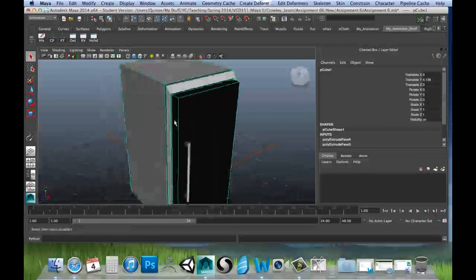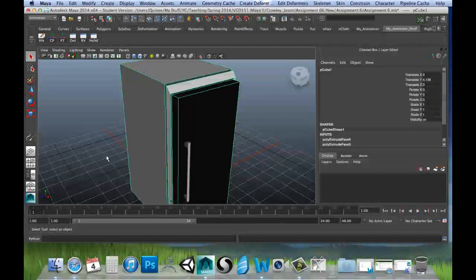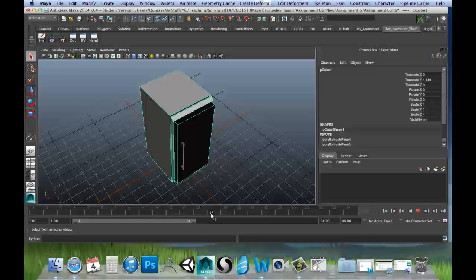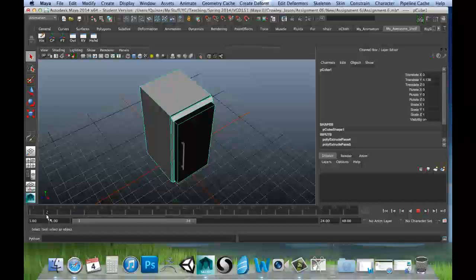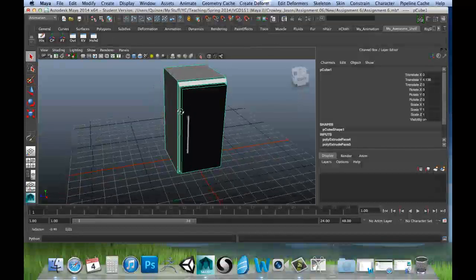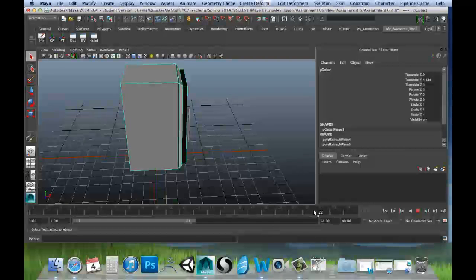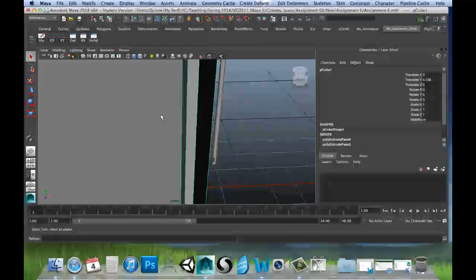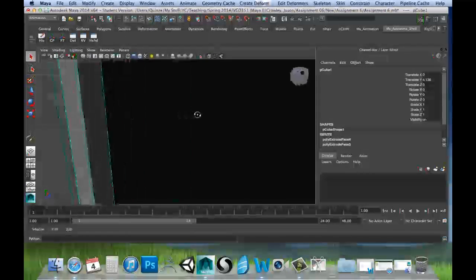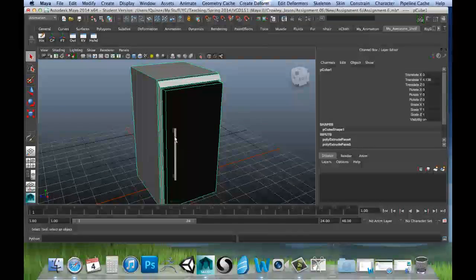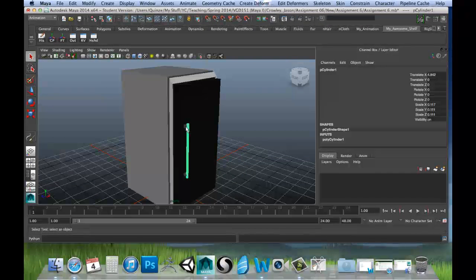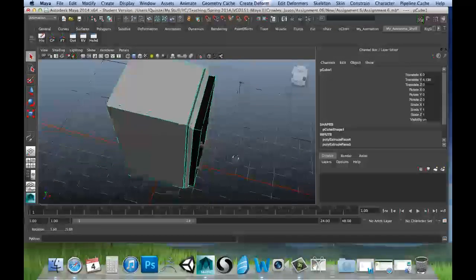Other than that, assignment 6, I'm talking more about the assignment now rather than the technical difficulties. Assignment 6 should be 2 separate pieces with some animation applied to one piece, okay? So for this, there's no animation, it's just a static object. Well, it's pretty nice. I mean, the fridge looks very good, so good job on that. Nothing is separate, nothing is moving, okay? I guess technically the handle is separate from the actual fridge, but we don't have any actual animation